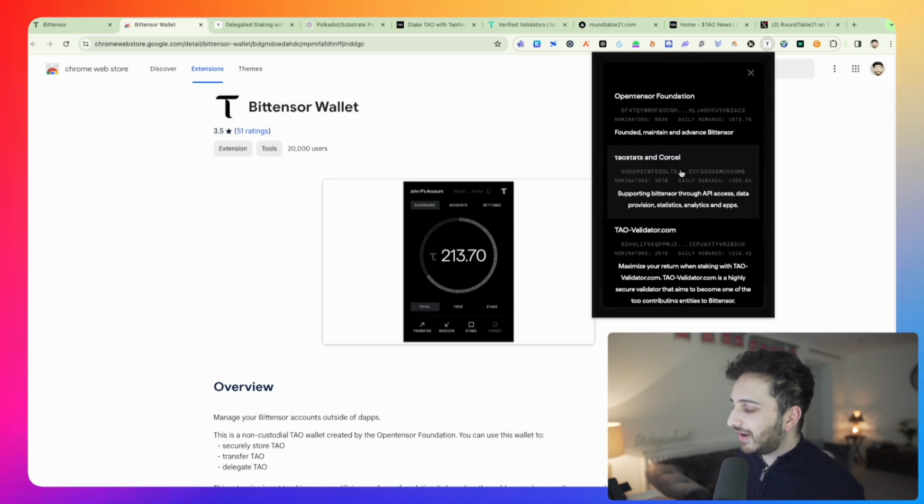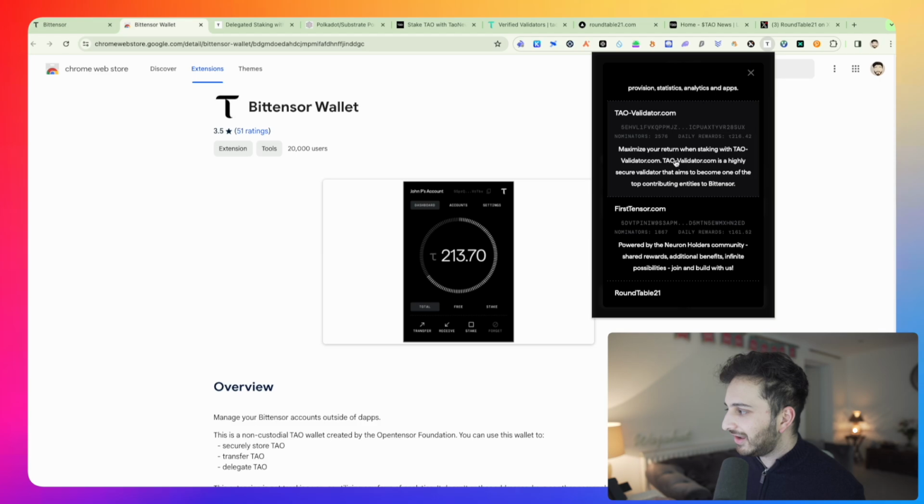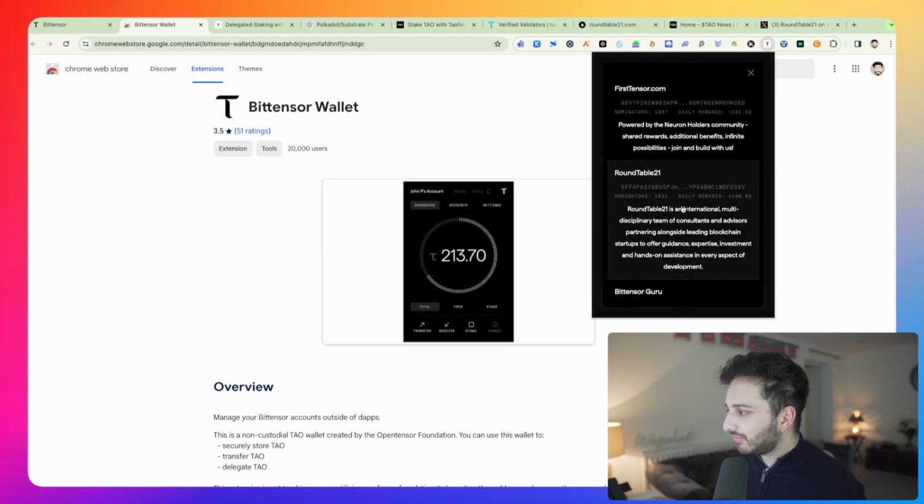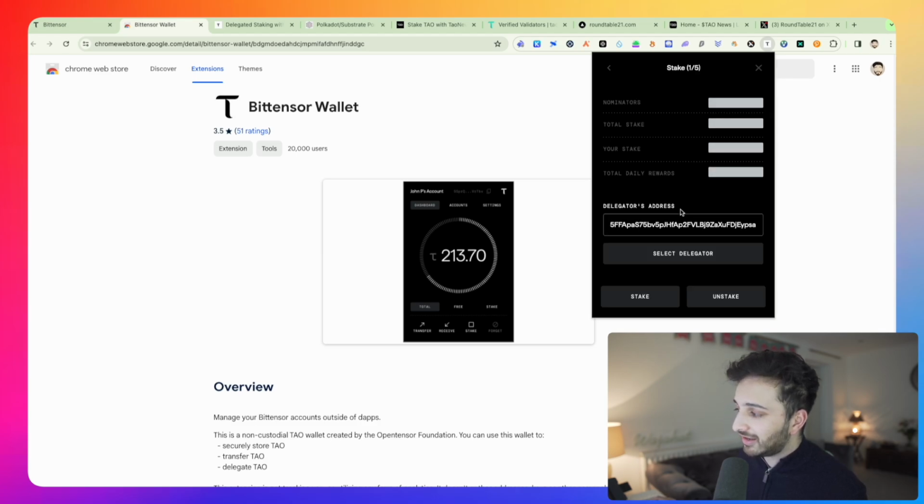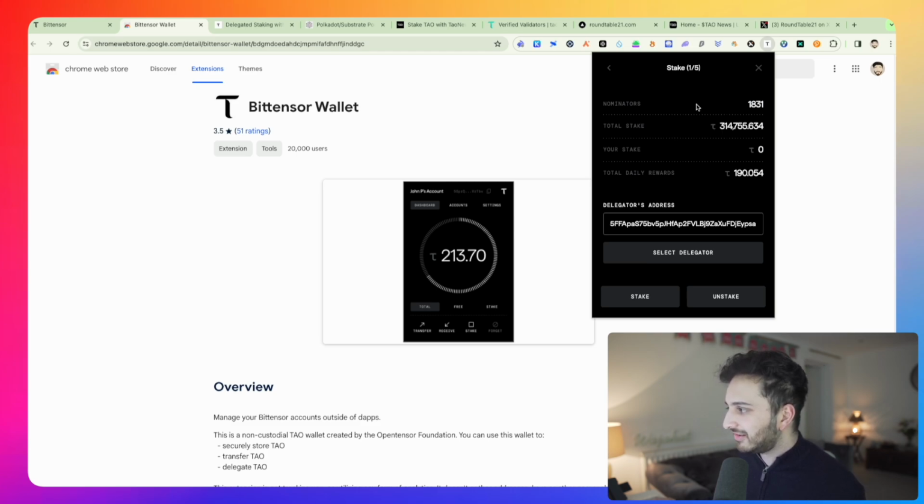And these are going to be the same validators as we discussed before. You know, OpenTensor, you got TAO Stats, you got TAO validators. First Tensor, Roundtable 21 is what we're going to go for today, and I'll leave a link to them in the description below because those guys are really good. Then what we're going to be able to see is some metrics, including how many nominators they have, obviously your stake as a proportion of the total stake, and how much daily rewards they are also getting. We're going to select this